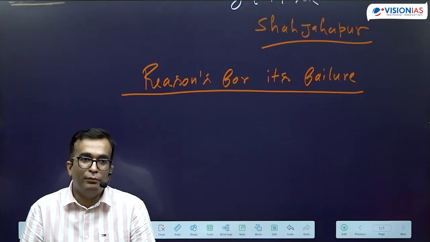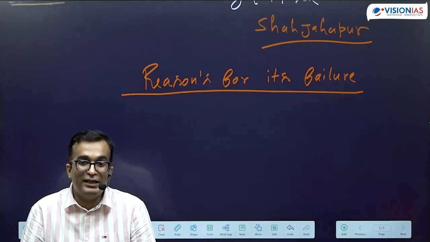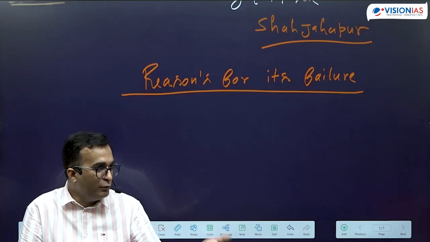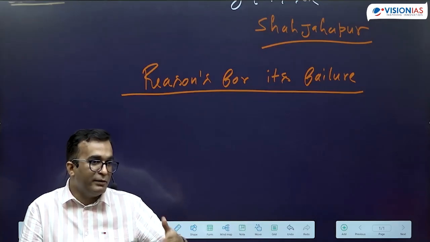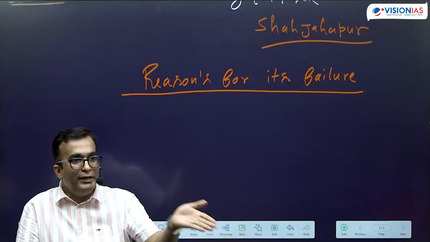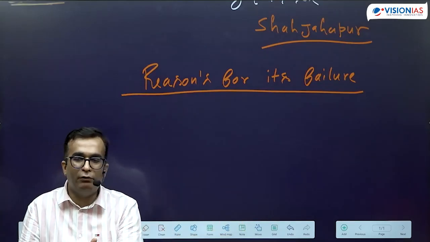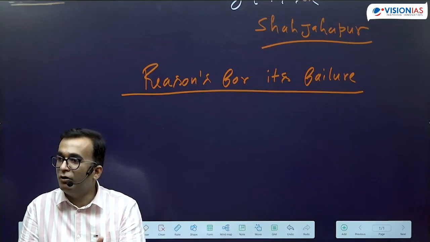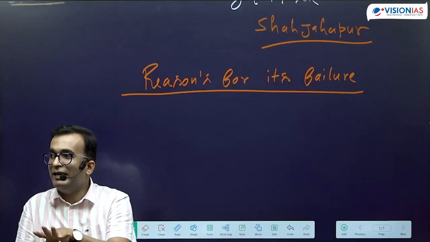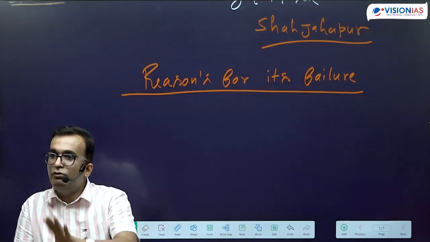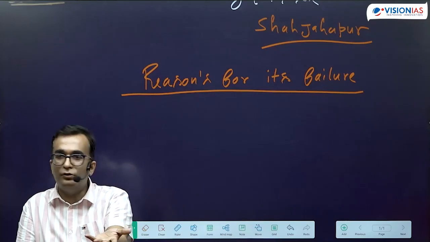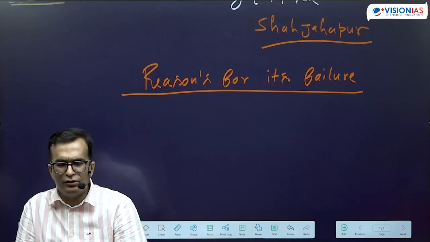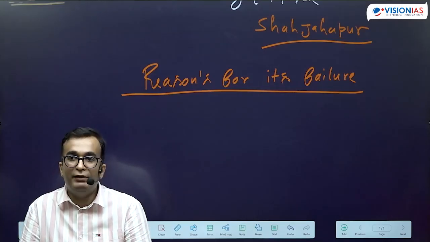The Indian intelligentsia class was of the view that this revolt is backward looking, and moreover these people who are fighting are fighting for their own self interest, and this self interest will lead to the establishment of the old monarchy, the old feudal zamindari state. So it is not leading to a development that we want. What they wanted was democracy, the government of the people, not a government which is called monarchy. So that's why they said it is a backward looking revolt, it will not lead to any new change in the society, and we will not support this revolt. There are some other reasons also, we'll discuss later on.